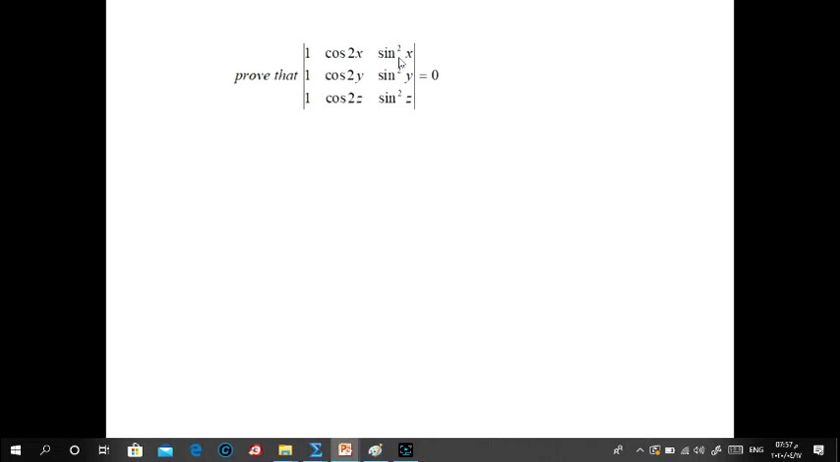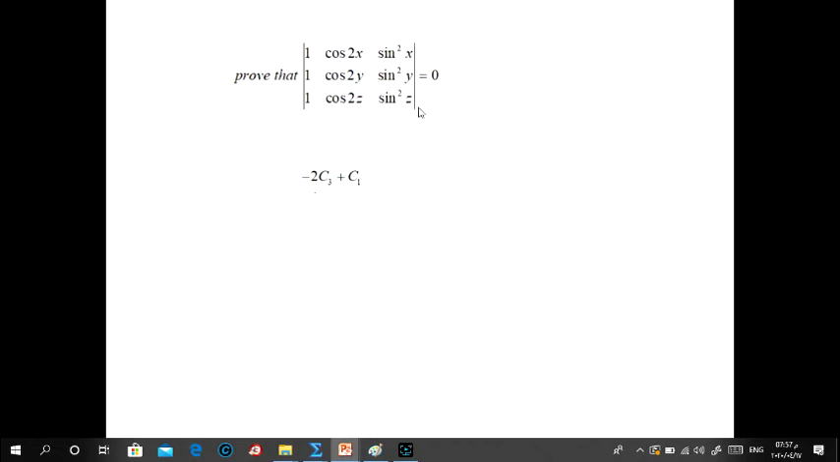Try to recall your information. Very good. Cosine 2x equals 1 minus 2 sine square x, the same as cosine 2y, 1 minus 2 sine square y, and cosine 2z, 1 minus 2 sine square z. Very good. So all you have to do, and this is the solution, is to